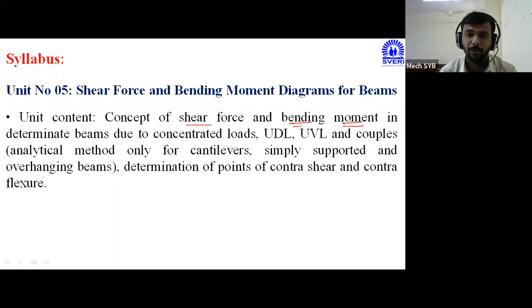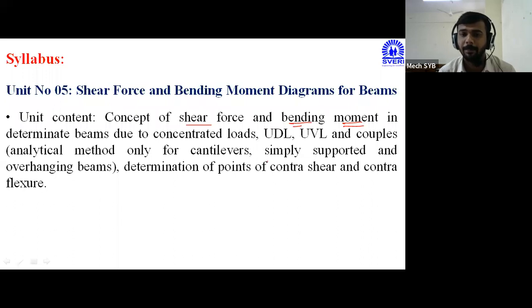What is the process we are using for the simply supported beam? Same process is applicable for the overhanging beam. But the process of SF calculation and BM calculation for the cantilever beam, again, is different. We have to use some standard sign conventions. If you are able to understand those sign conventions, then you can solve any type of problems based on